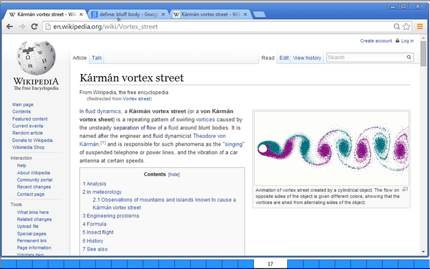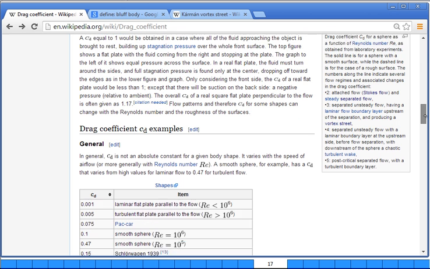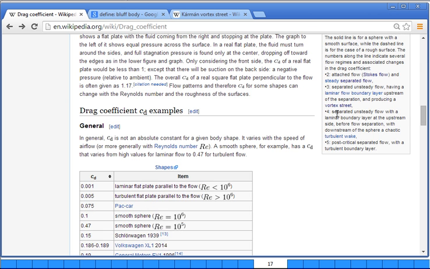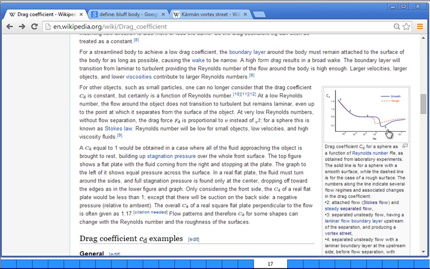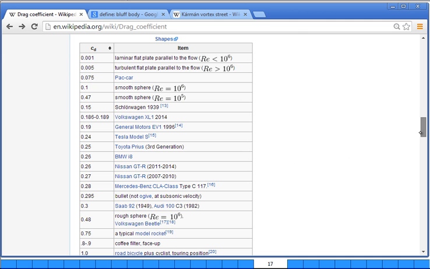Let's go back now. All right. And then as it goes up, you have separated unsteady flow, and then post-critical turbulent boundary layer right in here. Turbulence. That's going to go back up. So smooth sphere at 10 to the 6 Reynolds number, 0.1. Smooth sphere at 10 to the 5, 0.47. You can see some